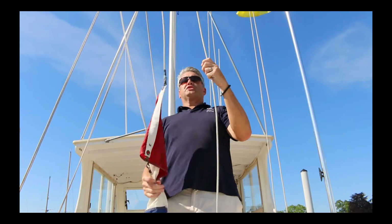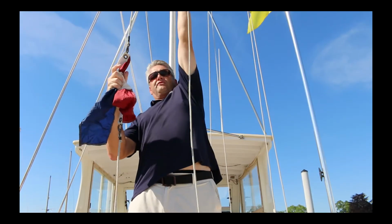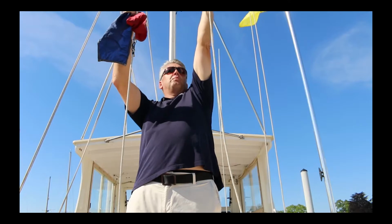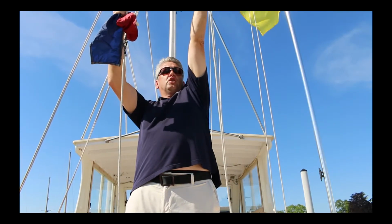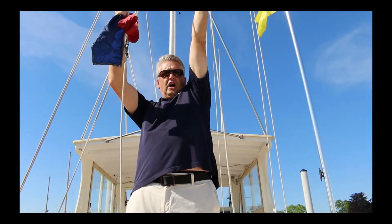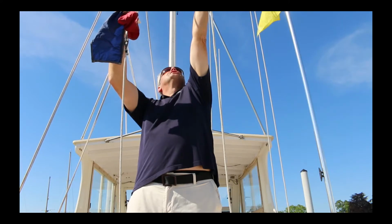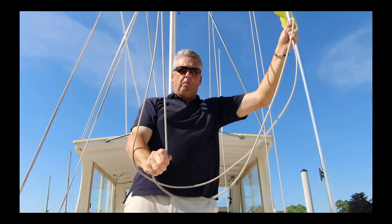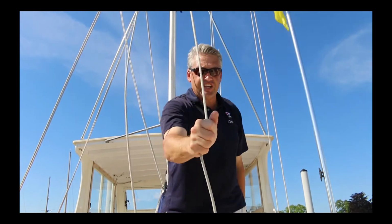So let me show you what it would look like at full speed. I've got the halyards pulled apart. I've reached as far up as I can, and almost as far up with my right hand, right? And in one motion, and I do it right at the gun because I know it's going to get to the top. So in one motion, it's this. So it's just go 3, 2, 1, pull. So the first pull got it almost all the way up, and where I did it harder, it probably coasted up. But this puts the tension on it so that the flag looks like it's hoisted